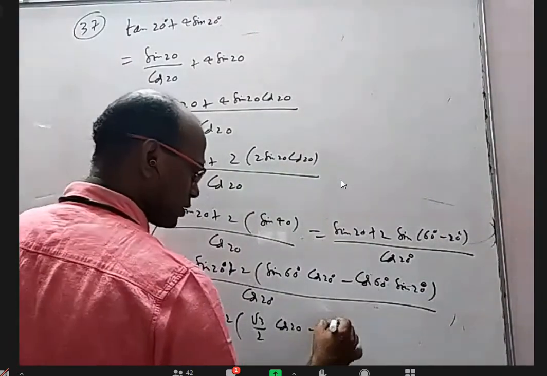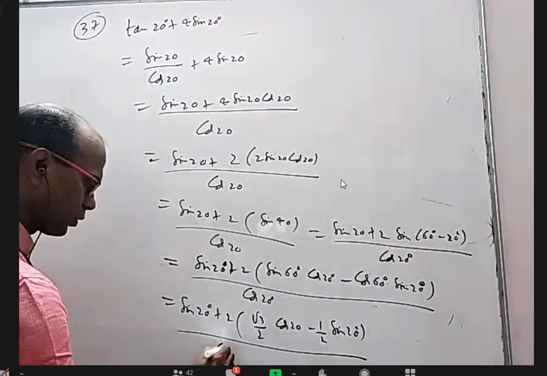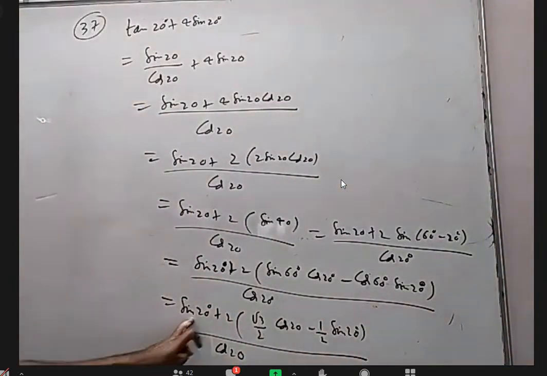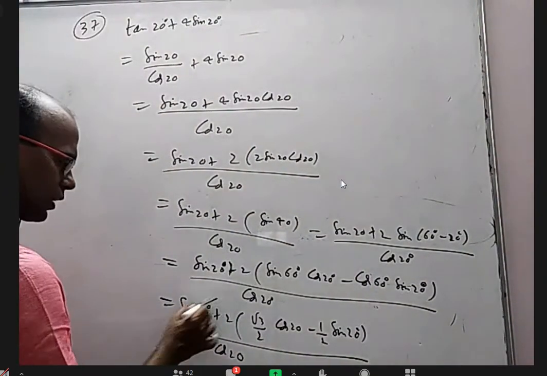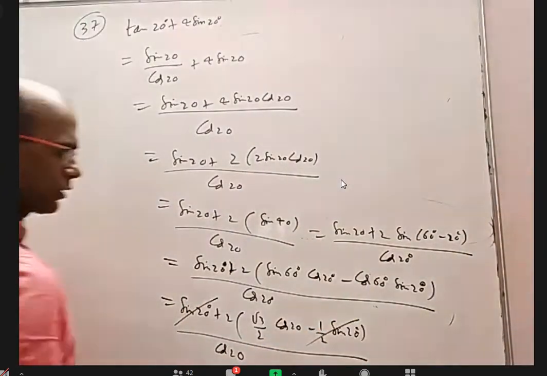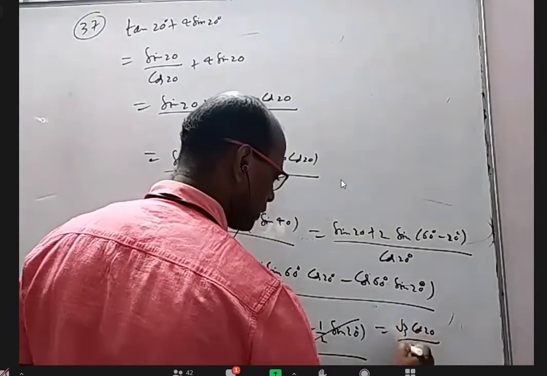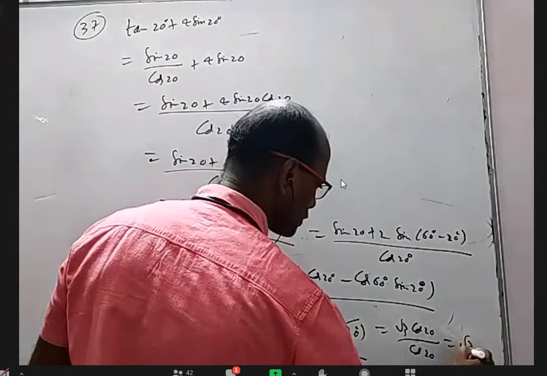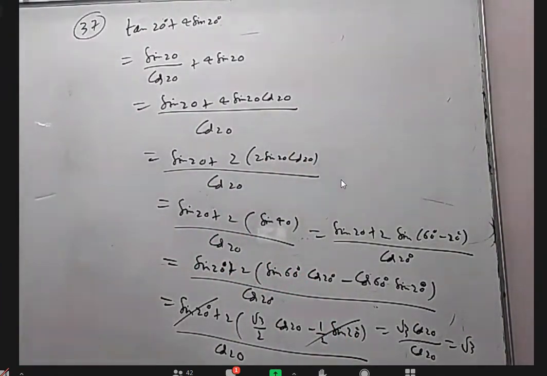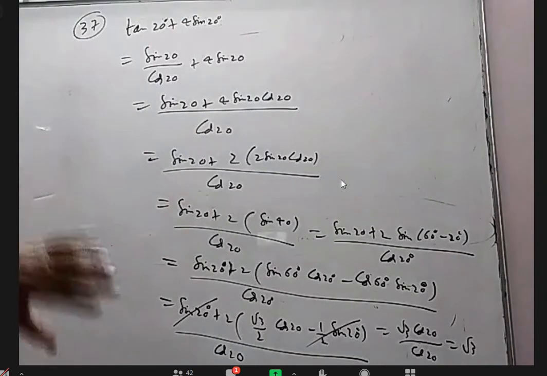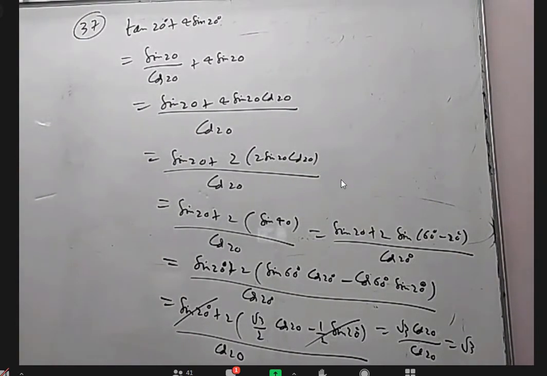Okay. So cos 60 is 1 by 2 into sine 20 by cos 20. Here, luckily, this sine 20 got cancelled and this cos 20 will cancel in the next step. So this sine 20, 2 into this, I'm cancelling it. So I am getting root 3 cos 20 by cos 20, which is root 3. Okay, we can do it maybe slightly differently, some other method also, but without using the value of sine 20, we should be able to manipulate this way.